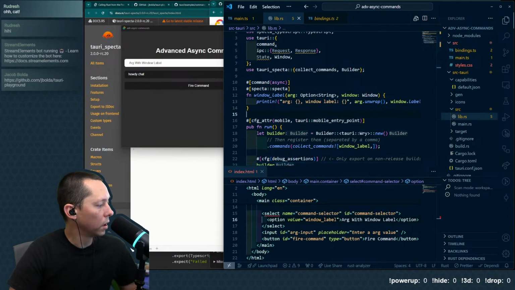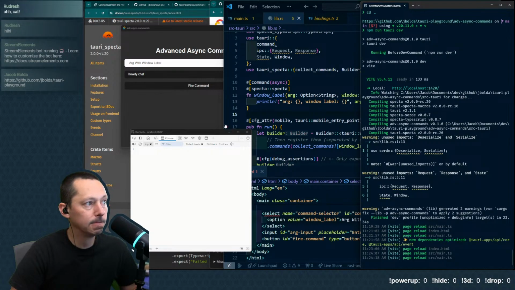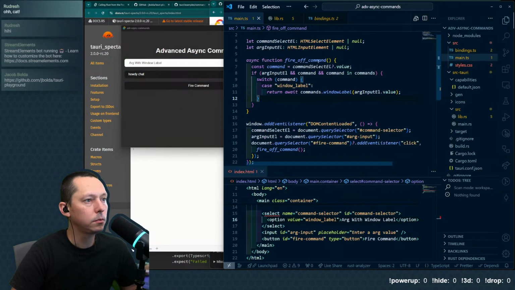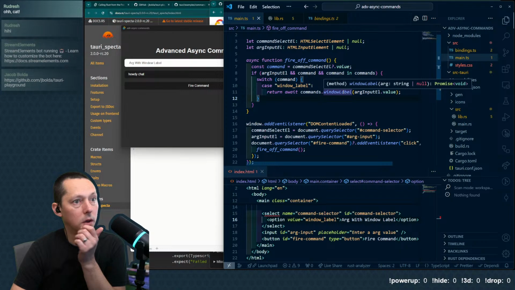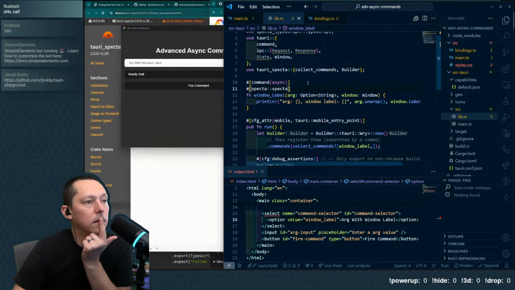So it should be doing a print line. New dependencies optimized. That is definitely curious. We are passing in an arg.